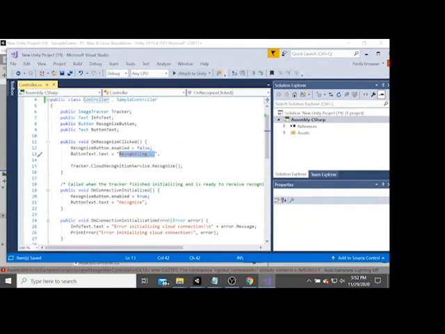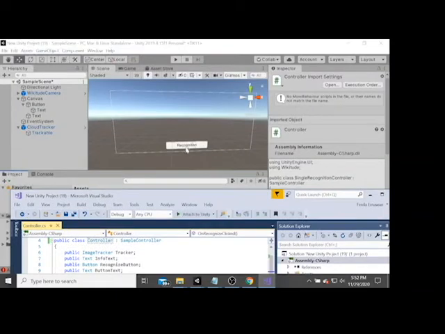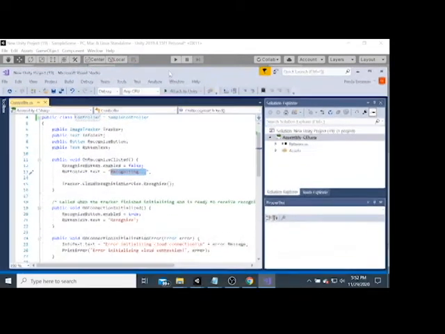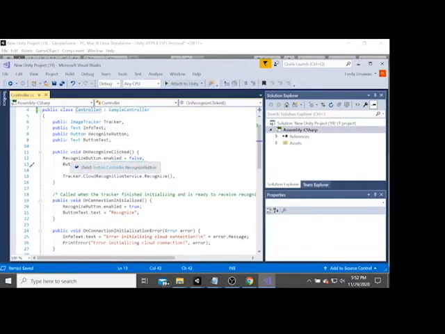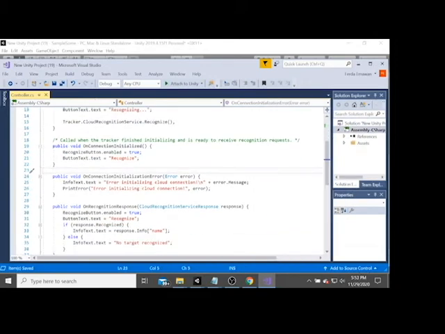It is the meaning of on recognize click. If the user clicks this button, it will proceed with number 1, number 2, and the last one is tracker.CloudRecognitionService.Recognize. Okay, and then we have a function for on connection initialization error.